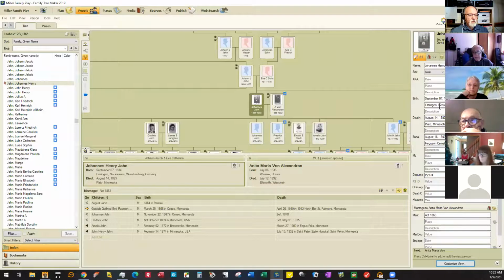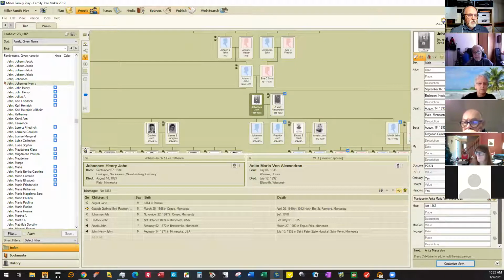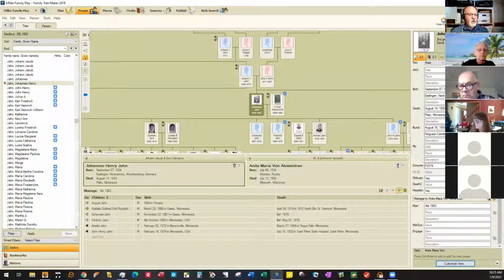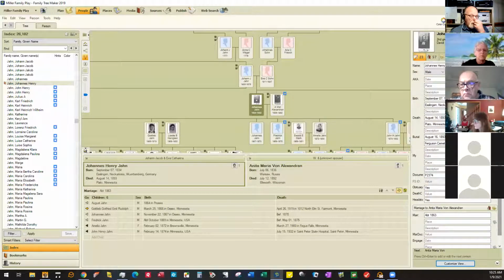And then it'll show up here. Of course, the only downside is managing how many you have in here. So you've got to scroll up and down, but you can add whatever is important over here on the right side for you. To me, this is one of the most powerful customizations in Family Tree Maker,